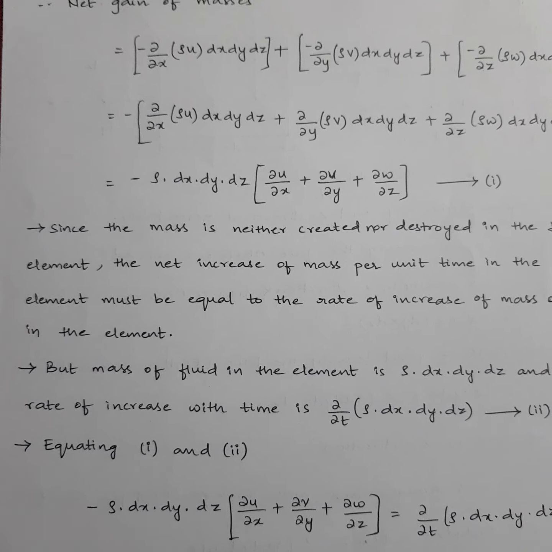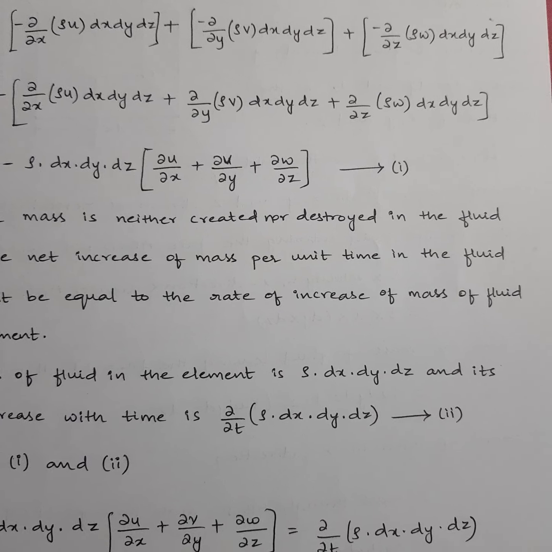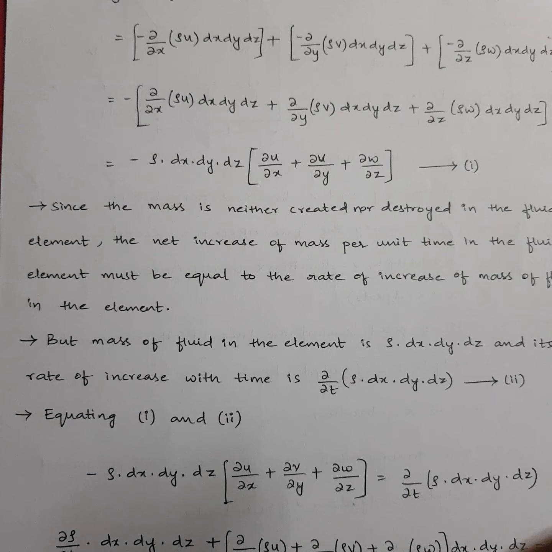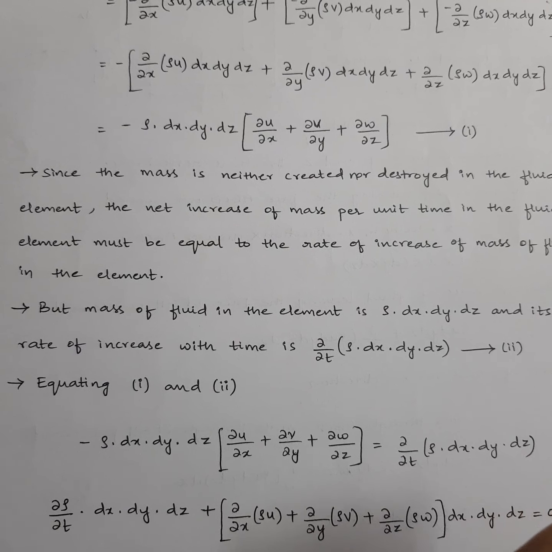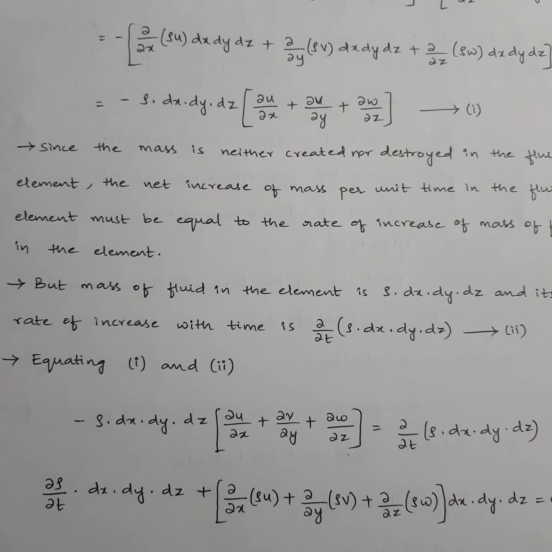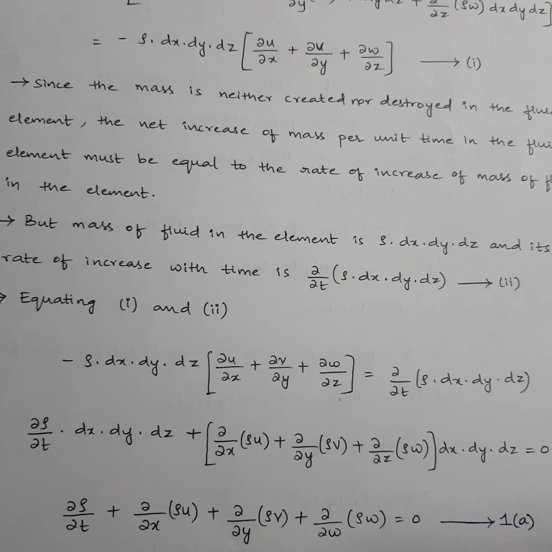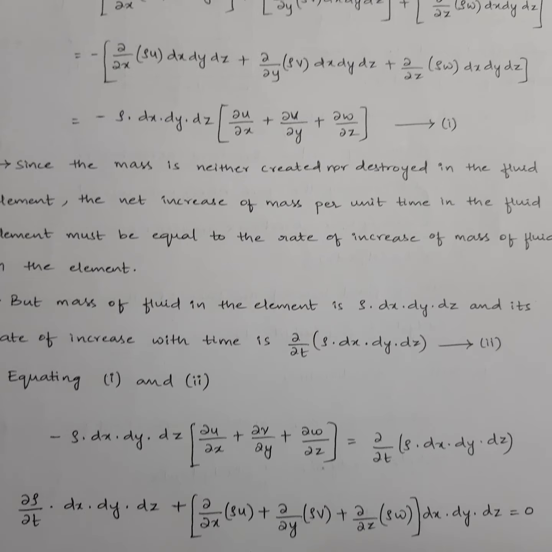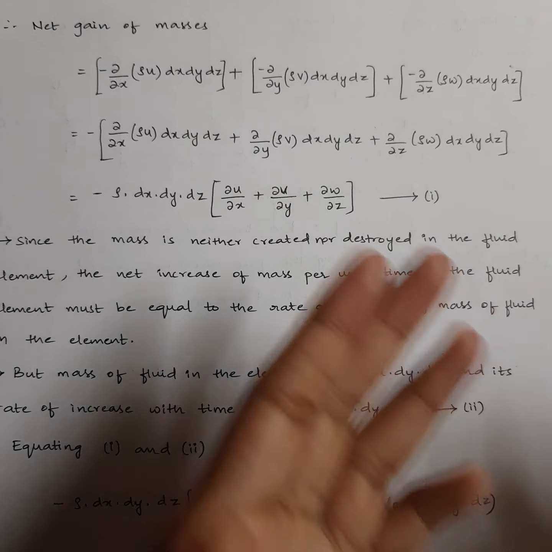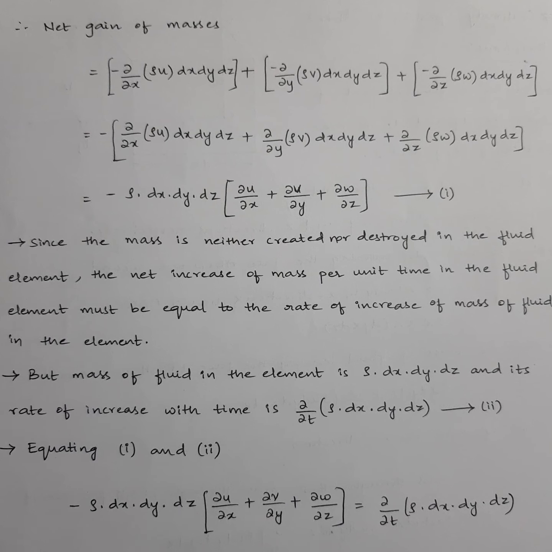So what is our equation number 1 giving us? It is the total gain of mass of the entire fluid element in all directions. Okay, so we were talking that our continuity equation is based on law of conservation of mass. So inflow is equal to outflow. Similarly, mass can neither be created nor destroyed. So what is the actual meaning is, you are telling there is a complete gain of mass. Our equation 1 is telling this is a complete gain of mass in all the three directions.